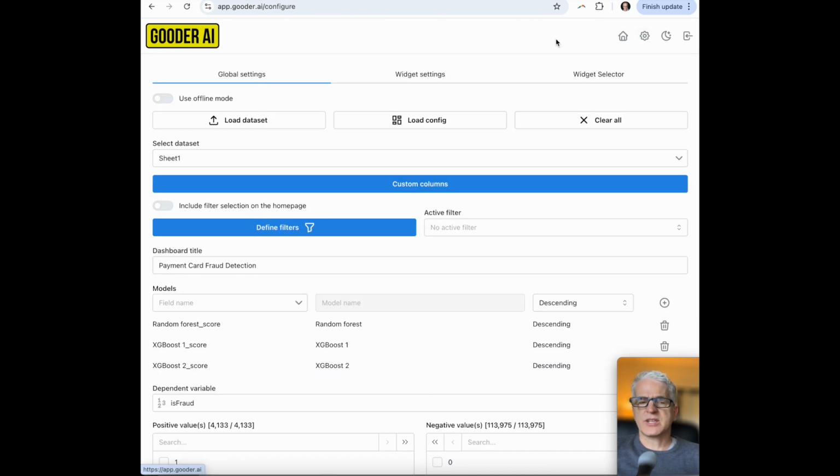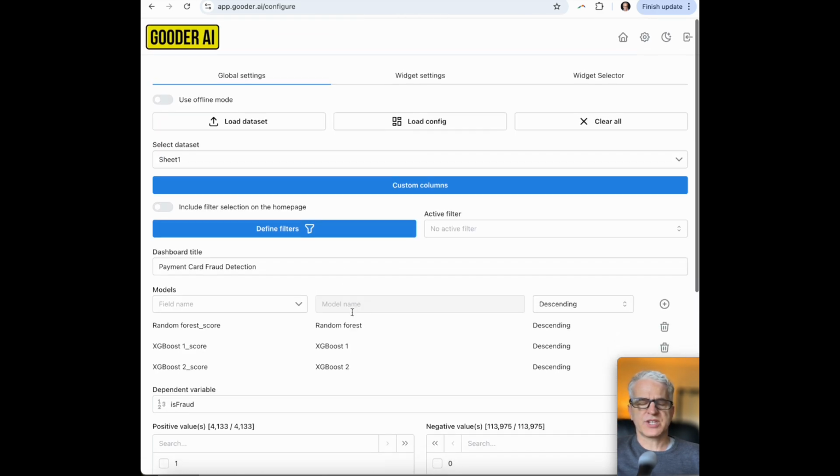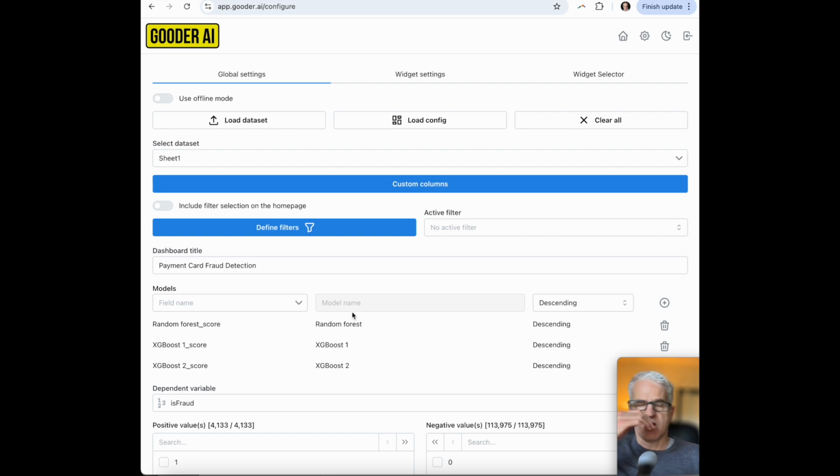So let's go into the config, and we're going to swap in a different one. Just briefly, the config has 3 main tabs. This is global, which means it's general settings that pertain to all the charts and metrics that you're looking at on the canvas. The second one we'll come back to in a minute, but that's when you're looking at particular charts, widgets, metrics. Those are basically synonymous in this context. We're looking at one and how we're setting it up for that one chart or that one row in